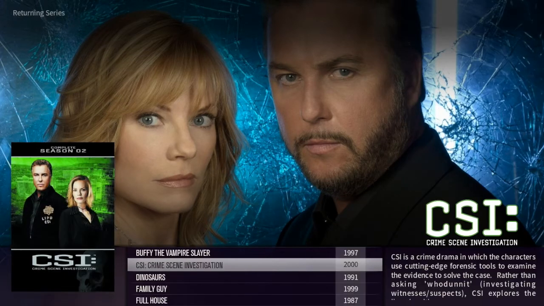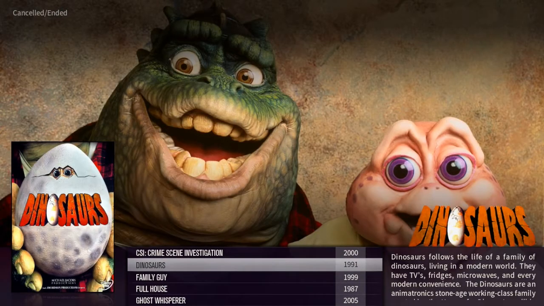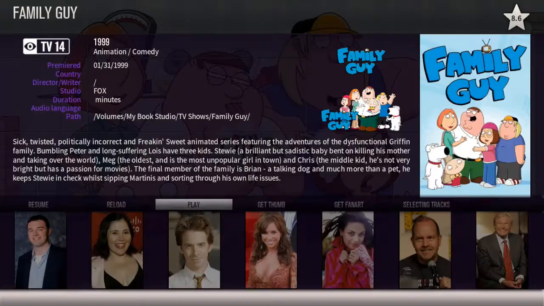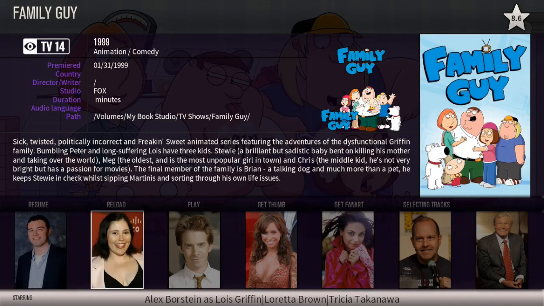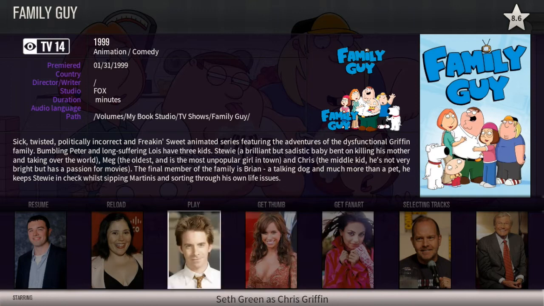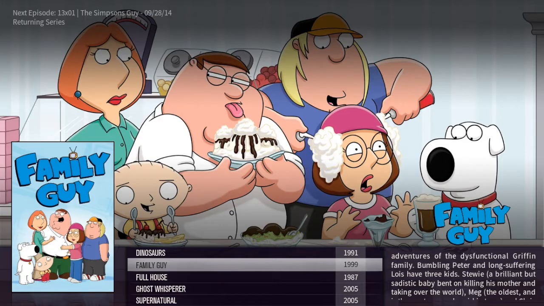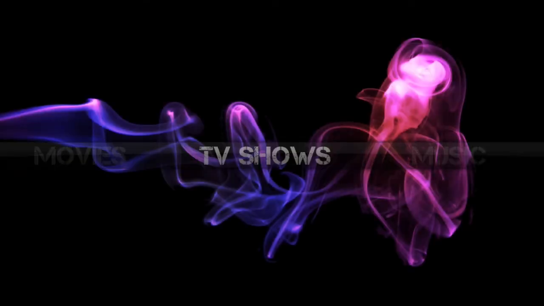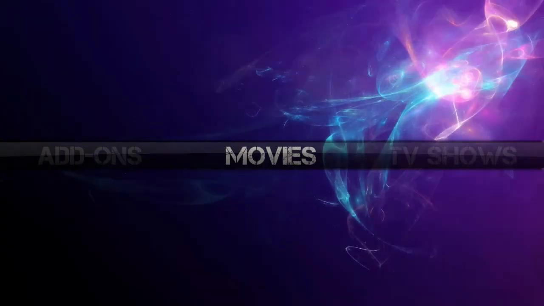Click out of there. Don't want to have all that stuff. So if you have, you can press I on the keyboard, and you can get all the information for it. It'll tell you all the actors, actresses that are in that thing. I'll talk about more of this in movies. But that's TV shows pretty much. I really like it. We'll head out into movies now,